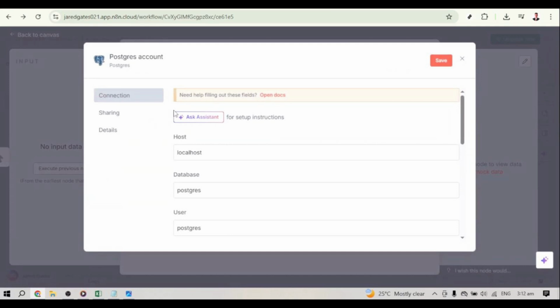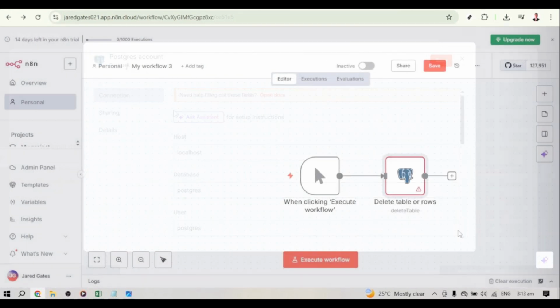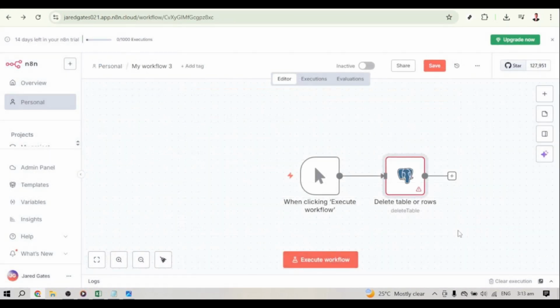Once everything is filled in, click Save. N8n will then attempt to connect to your Postgres database using the credentials you entered. If everything is correct, the connection will be